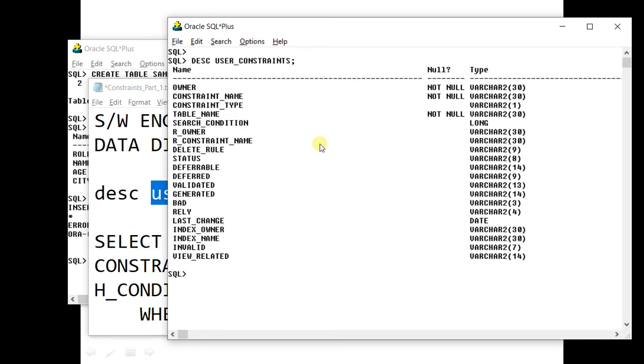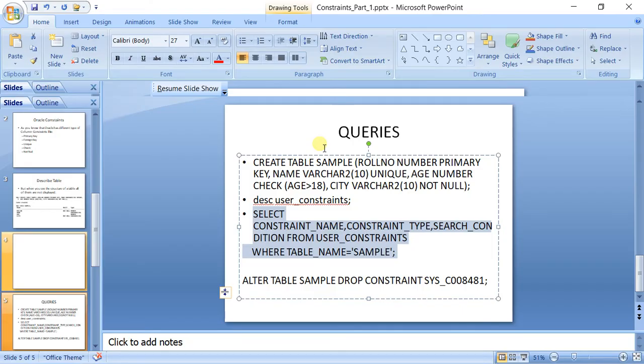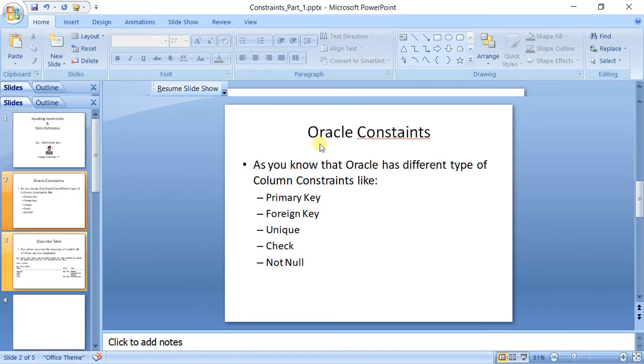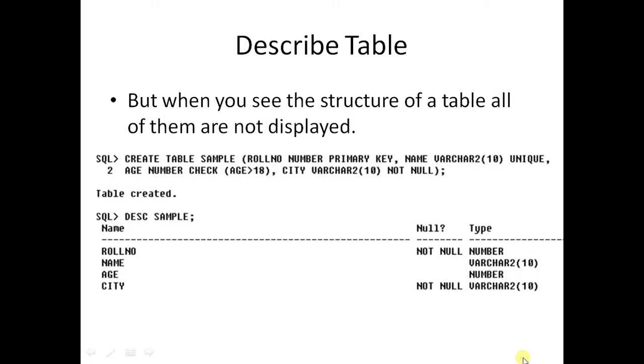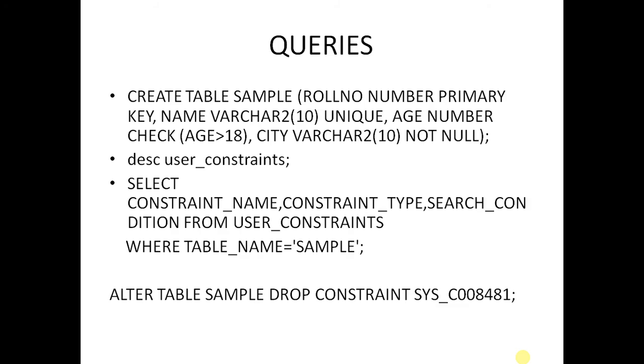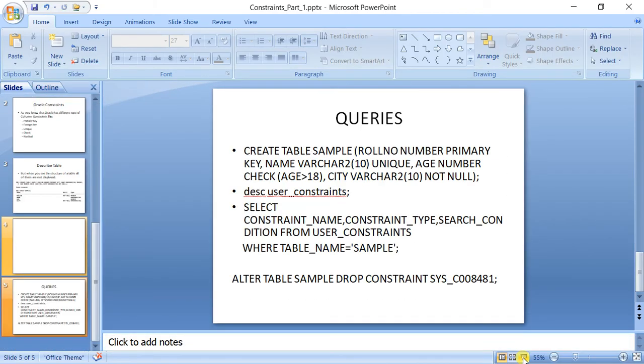You can see a number of columns. To recall what we have done: we have created this table, we have seen the structure, and now we want to see which constraint we have applied on which column. So we will try to see user underscore constraints.